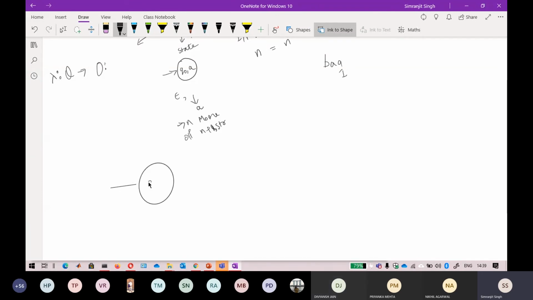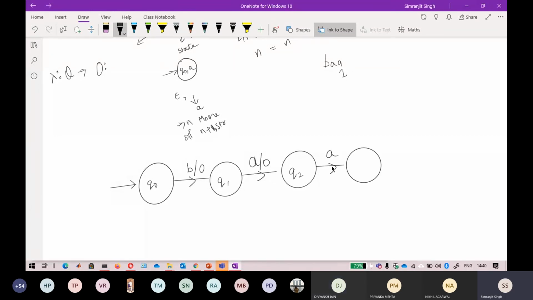So at the Q0 node, the output is not placed alongside this. Keep that in mind. So on B, it will be 0. Then it will land on Q1. Again, it will be A, and that will also be 0. After that there will be an A, so the occurrence of BA has occurred, so I will output 1 here. Keep that in mind.